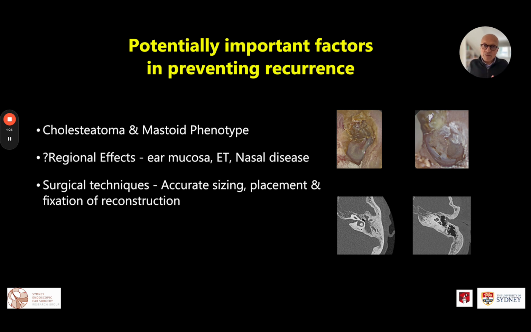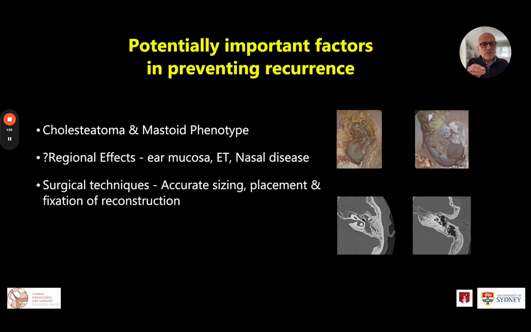There are regional factors that are actually quite difficult to find in the literature, the impact of these, but intuitively, when we have disease such as eosinophilic otitis media that is involving the ear as well as the continuous airway and the chest, this can be of relevance, the function of the eustachian tube as well as the mucosa in the middle ear. These can all play factors as to whether recurrence can occur, but this is difficult information to find in the